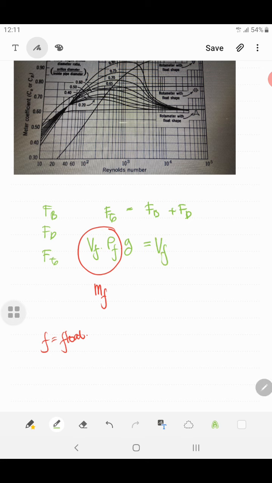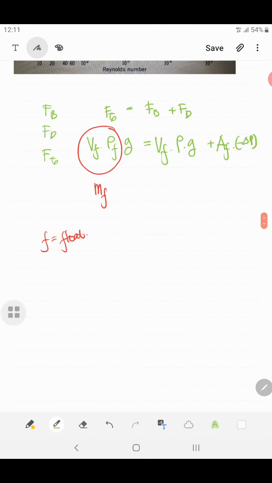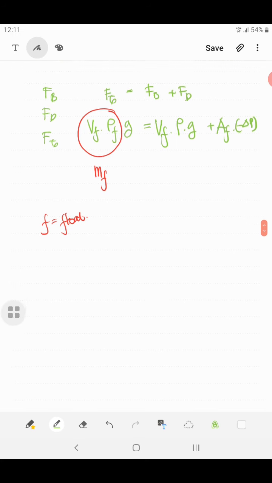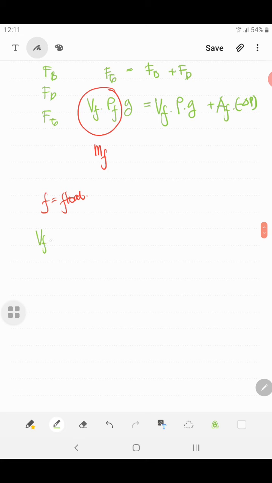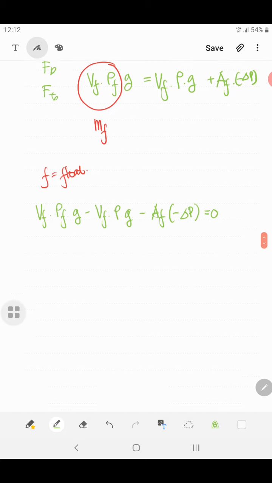So it is Vf, the volume of the float, times the density of the fluid times g, while the driving force is the surface area of the float times minus delta P. If we move the variables to the left, we can rewrite the equation as Vf times rho f times g minus Vf times rho times g minus Af times minus delta P equals 0. So Vf is the volume of the float,